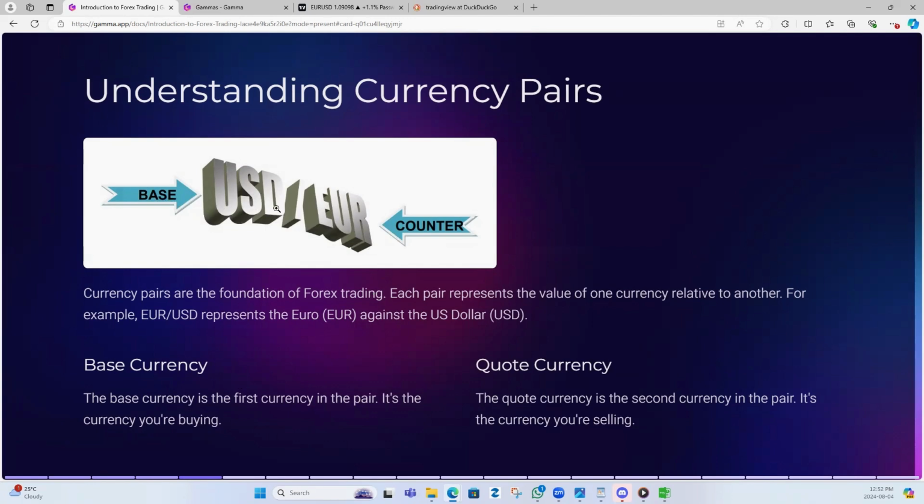If you want to buy a dollar, you have to have the dollar as the base currency. The quote currency is the second currency. It is the currency you are selling. So you're buying US dollars and selling euros. Exactly what you do when you're exchanging, your exchange rate, and when you are doing a transaction. Okay, so remember these currencies are traded in pairs. The majority of the pairs are traded in US dollars.